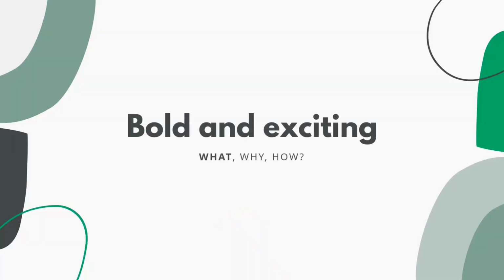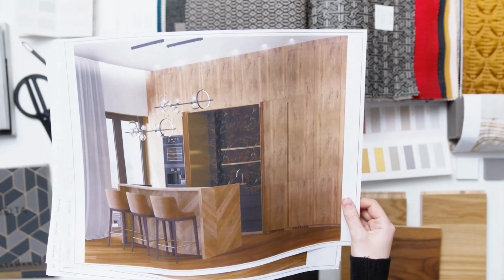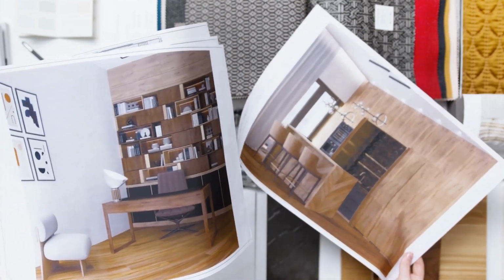Moving on to trend number 6, bold and exciting. Color in 2022 is back in a big way. However, we are not totally abandoning the neutral color scheme or neutral color palette. We are adding bolder colors to this that are not only grounding, but calming as well. Let's take a look at the practical side and look at exactly what colors we need to be adding to